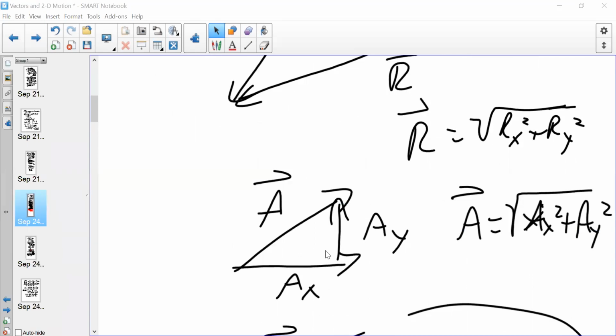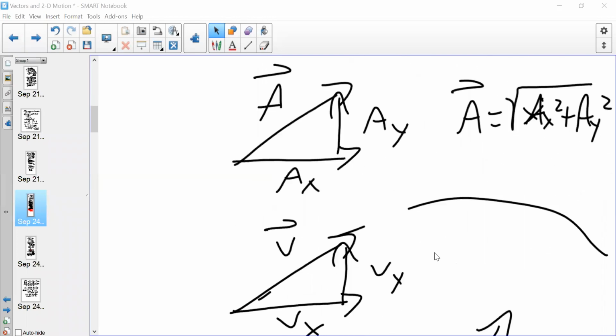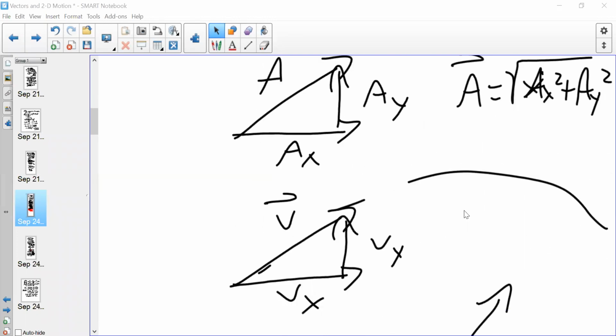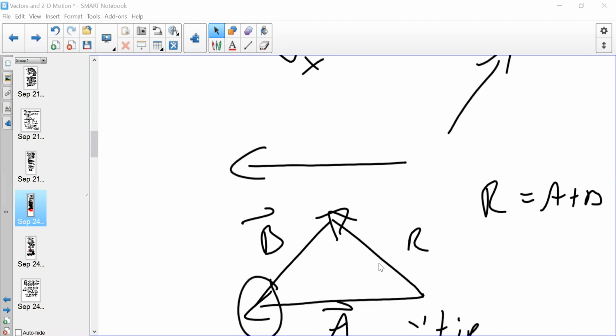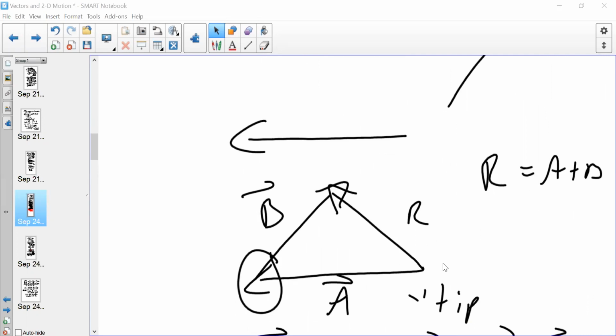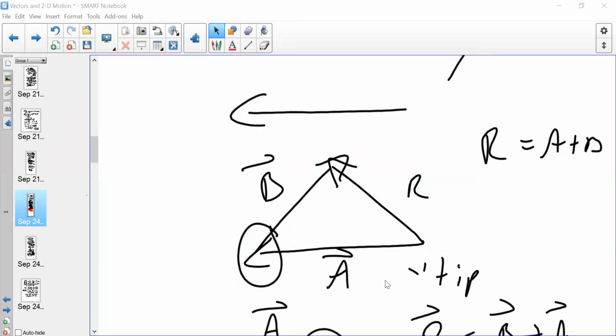So A is comprised of Ax and Ay, and then we do the Pythagorean sum of Ax squared plus Ay squared. And that's just an arbitrary vector A. And so if we have a real vector velocity at some angle, it has an X and Y component. And then we do the Pythagorean sum on Vx and Vy in order to get the vector V. So again, A is this way, B is this way, A plus B tip to tail method. And then the resulting vector is R, where we draw R from the tail of A to the tip of B,